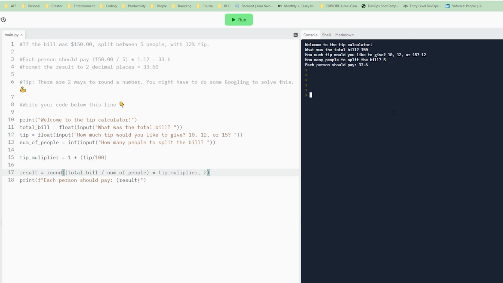So it's total bill divided by the number of people times the tip percentage, or in decimal points, and then round out to the nearest 2 digits. And we have our final